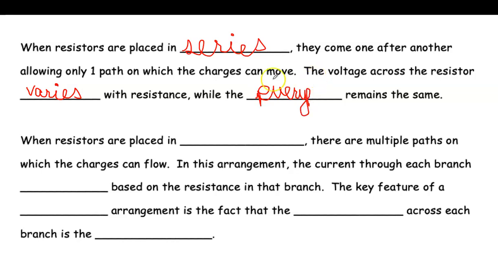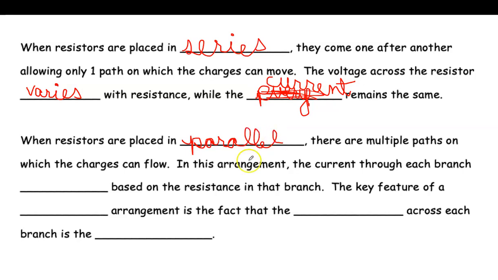It's the current that remains the same everywhere, and that is what we saw yesterday in the lab when we moved the flow meter around the paddle wheel, and we got basically the same flow rate at all the different locations. Now, alternatively, when resistors are placed in parallel, there are multiple paths on which the current can flow,